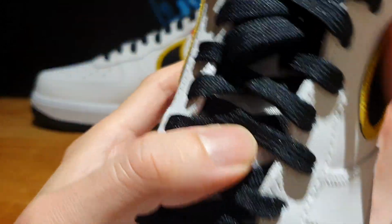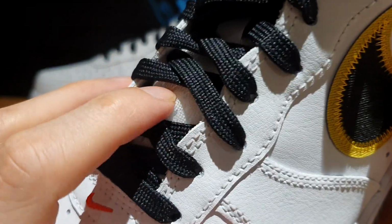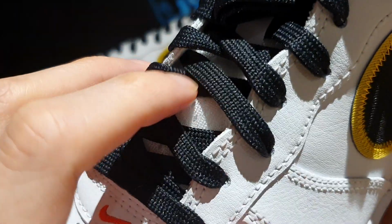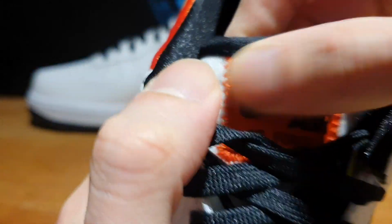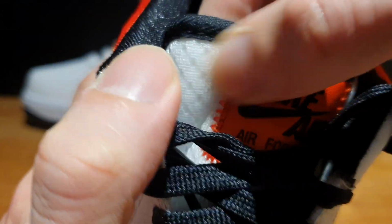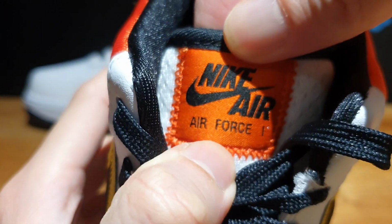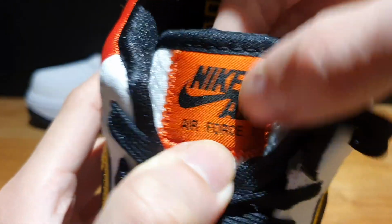If you know anything about these, please let me know down in the comments. But yeah, this is something that I've never seen on an Air Force One model, but I might be wrong. And then moving further up to the tongue, you see more of that white mesh tongue here, and on the tongue itself you see this bright orange tongue tab stitched onto it,